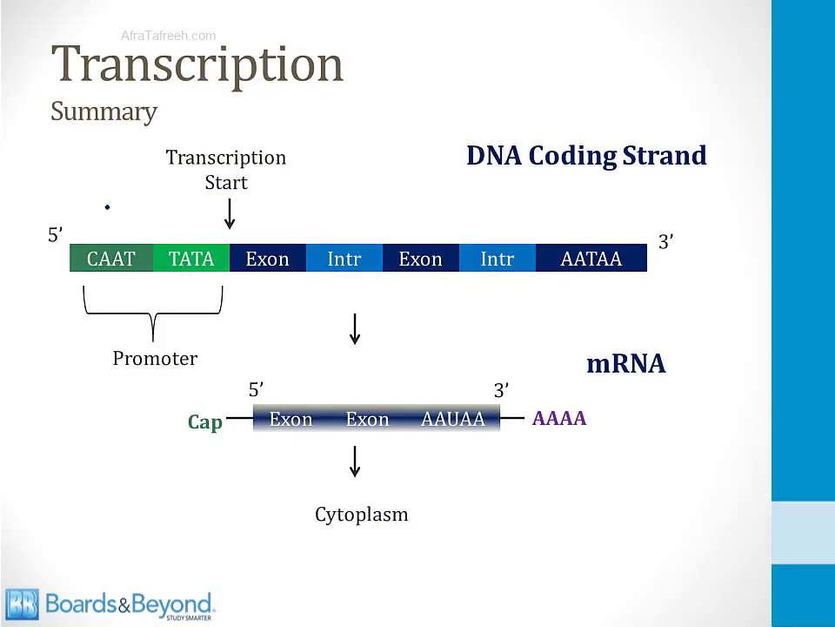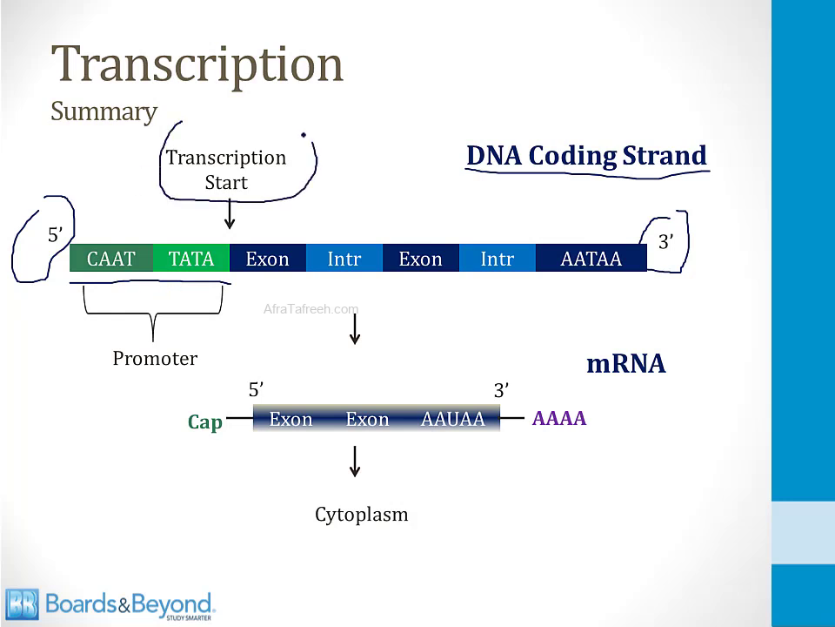So now that we've gone through all the elements of transcription, let's go over this summary slide and it should all make sense to you. At the top of the screen, I've shown a DNA coding strand. We have the 5' end on the left side of the screen, the 3' end on the right. We start with the promoter region, which has the CAT box and the TATA box, followed by the transcription start point. We then have a series of exons and introns which end in the polyadenylation signal that will signal the